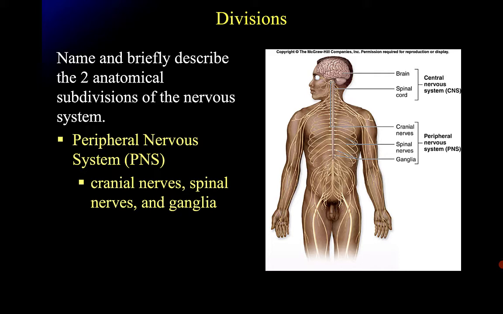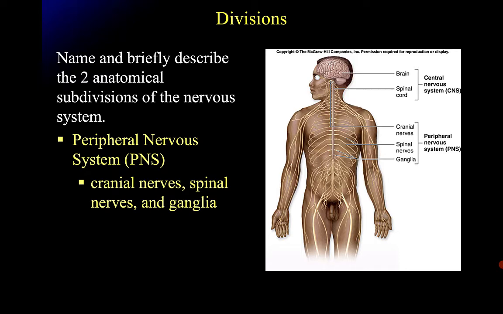The peripheral nervous system is going to be this portion which is going to extend out from either the brain or the spinal cord, meaning that it can carry motor commands out to other parts of the body or receive sensory information from other parts of the body and bring them back to the central nervous system for processing. This portion of the nervous system is going to consist of cranial nerves coming off the brain, spinal nerves coming off the spinal cord, and ganglia, which we're later going to learn are clusters of neuron cell bodies found in